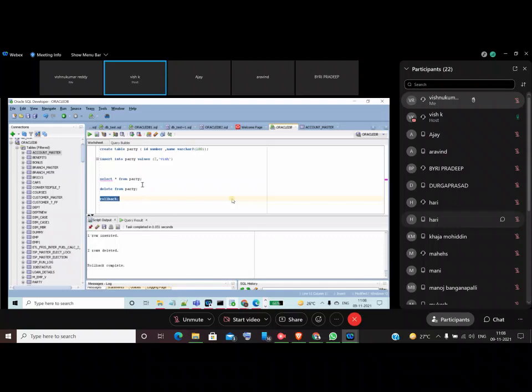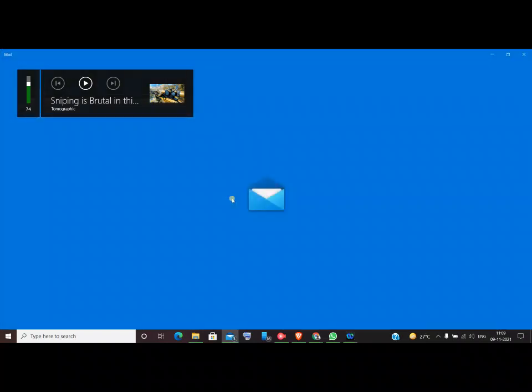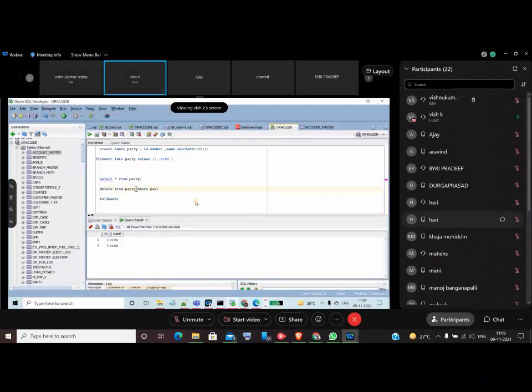Rollback means your data will be rolled back. Rollback complete. Now you can see select star from party, and the data came again. So you deleted the records, but when you use the rollback statement, your data came again. That is the purpose of delete actually. And with delete, you can delete some specific record also.